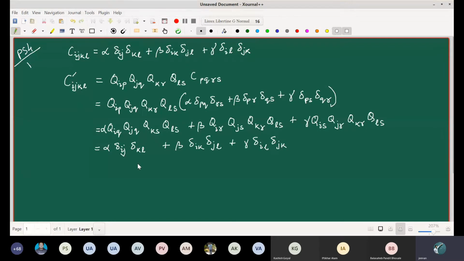So the form remains exactly the same no matter what arbitrary orientation you look at. So this basically shows us that the given form of the fourth order tensor is indeed isotropic. This is not the end, you have to actually write that sentence. Because the form remains unchanged even in the dashed or primed coordinate system, when compared with the undashed or unprimed coordinate system, we conclude that irrespective of which direction we may be looking at, the given form of the fourth order tensor is indeed isotropic.